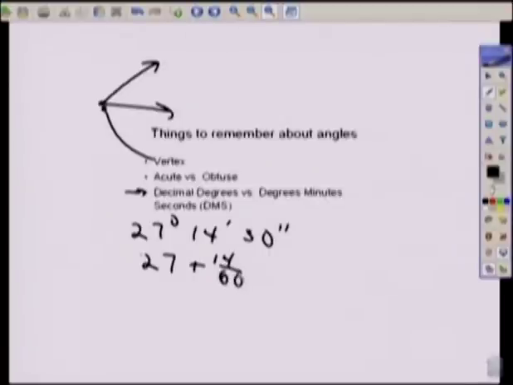Because again, there are 60 minutes in a degree. And we are going to add 30/3,600ths. Because there are 60 seconds in a minute, and 60 minutes in a degree, so 60 times 60 is where we get 3,600. So if we pop over to the calculator here,